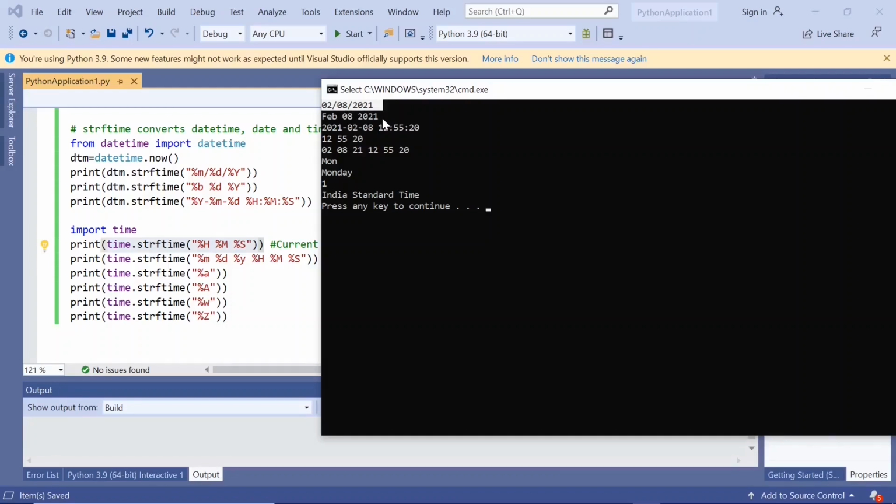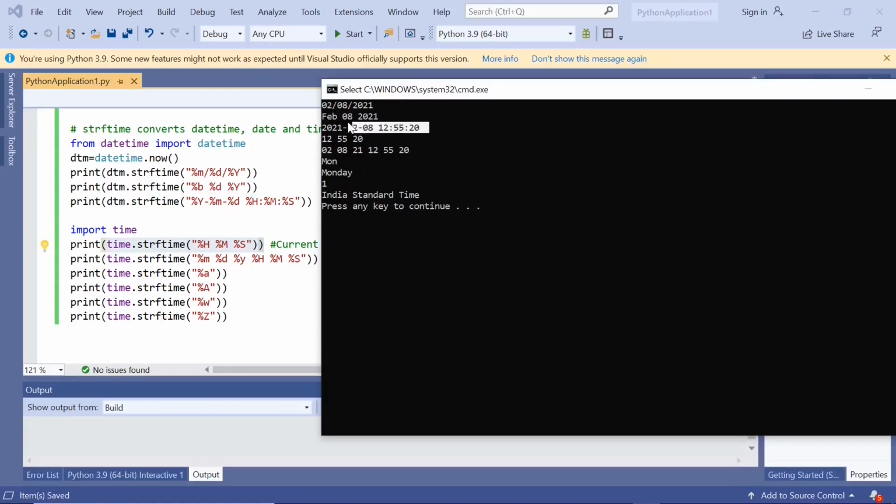Next one is %b %d %Y. %b is giving us the month name in abbreviated format, that is Feb for February. 08 is %d, and Y is year 2021.